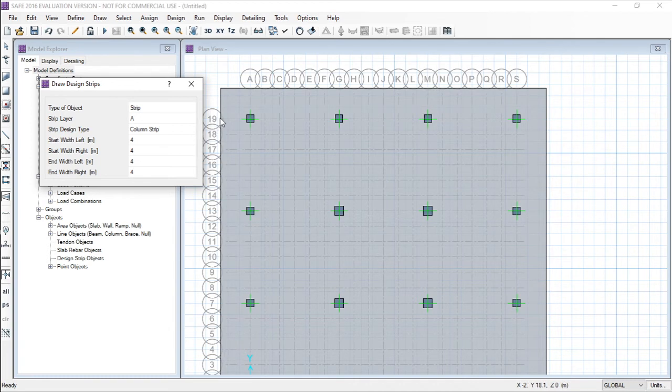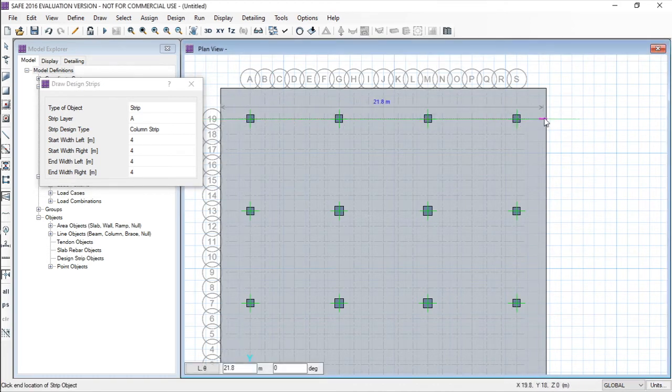Okay, so I'm drawing this from here. And to deactivate this command, just right click out of the mat area. And again draw it from here. Similarly draw for the other columns also.